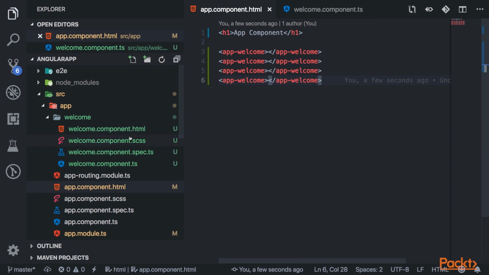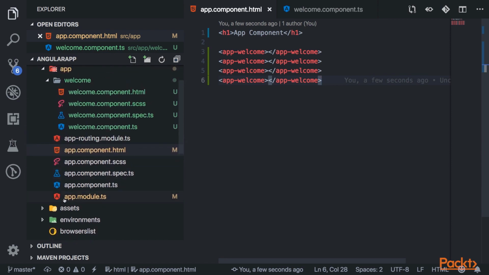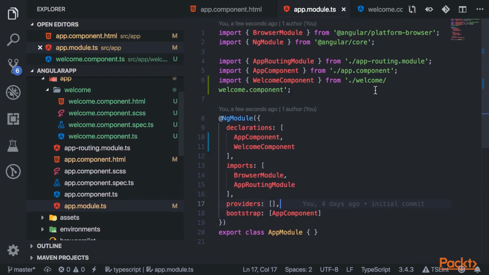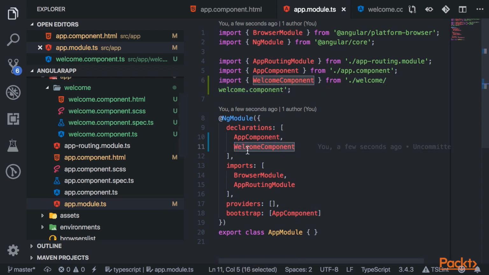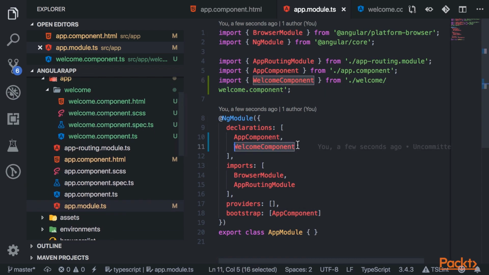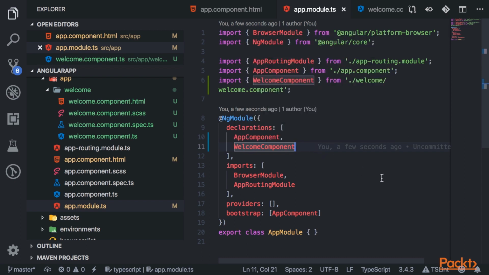And so if you go into your app module, I'm going to show you what Angular does when you create a component. So it imports it automatically for you into your module and then adds it to the declarations. So whenever you create a component, that's what you want to do. You want to import it to the module that's associated, the ng module, and then add it to the declarations. But Angular will do this for you automatically. Now that we know how to create components,